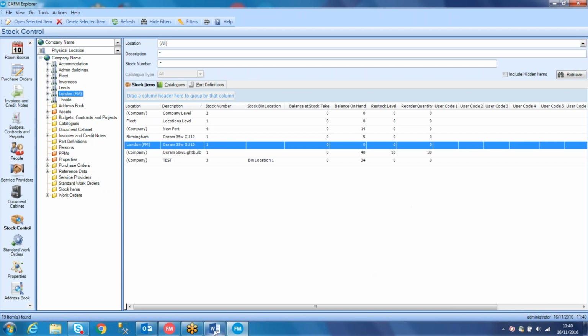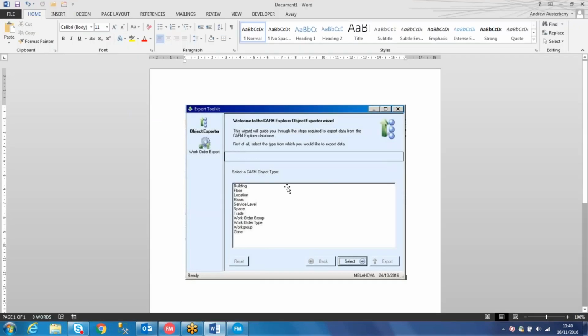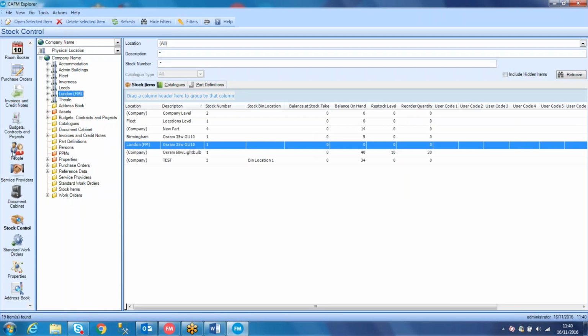Well, just to show you, if you can see on my screen now, the basic imports that you have at this moment in time are all it allows you to import. So it would allow you to import your buildings, your floors, your locations, rooms, service levels, spaces, trades, work order groups, work order types, and zones. But you're probably going to want to use, if I show you my one,